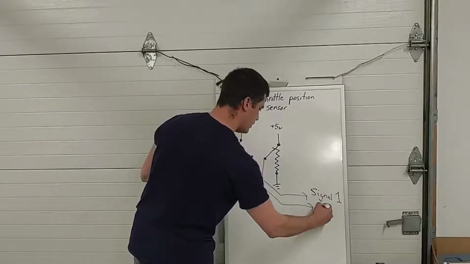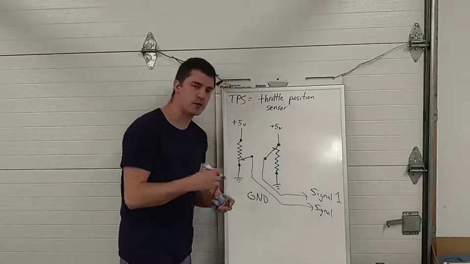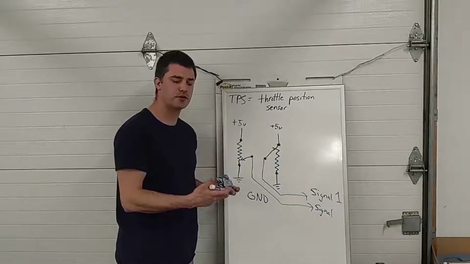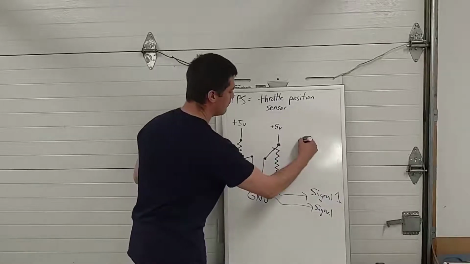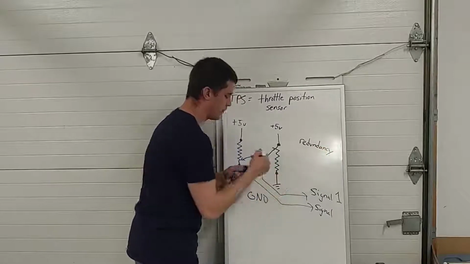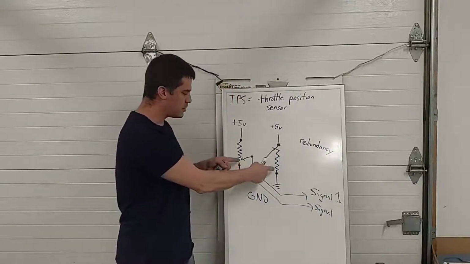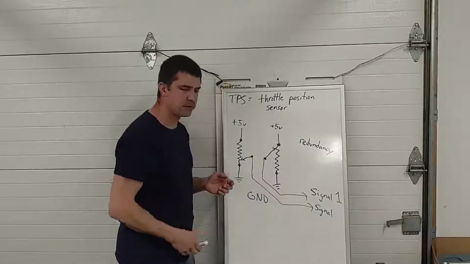Signal 1, signal 2. And this is done for safety. When you do something multiple times just to make sure it gets done or for safety purposes, they call that redundancy. And by having 2 potentiometers working together as the throttle opens and closes, you've got some built-in redundancy, you've got